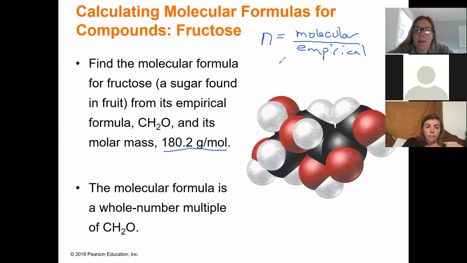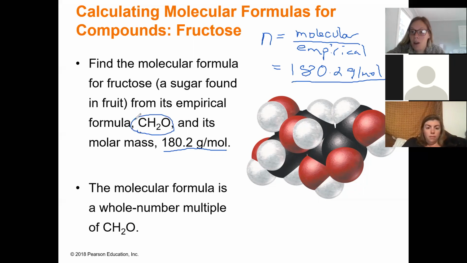My molecular is given. Okay, so we know that the molecular is 180.2 grams per mole. The empirical I have to calculate. So I have to look at the formula and add all those things together. So I take the mass of a carbon, which is 12.01, and I have to add it to 2 hydrogens. 2 hydrogens with 2.02 would be the mass. And then I need to throw in an oxygen, 16. So my overall mass for my empirical formula is